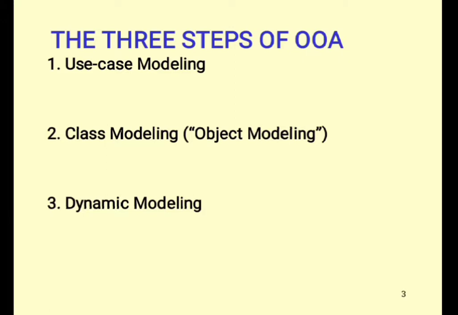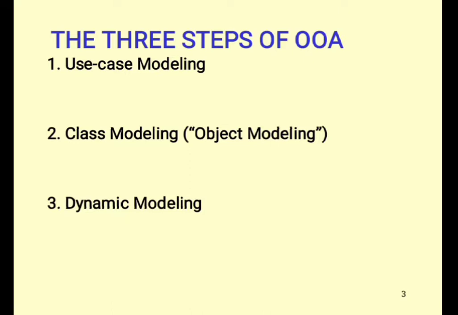There are three steps included in object oriented analysis, in which the first one is use case modeling. It determines how the various results are computed by the product without regard to sequencing. Largely, actions are performed. The second one is class modeling, that is also called object modeling. It will determine the classes and their attributes.